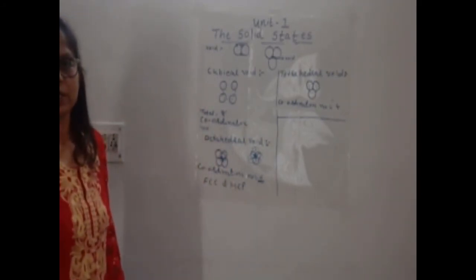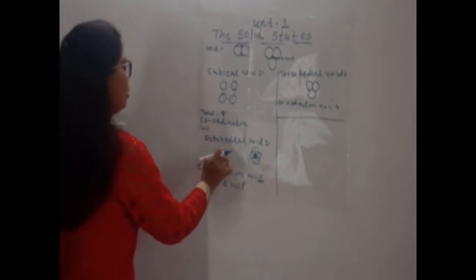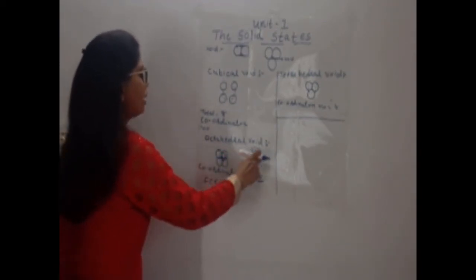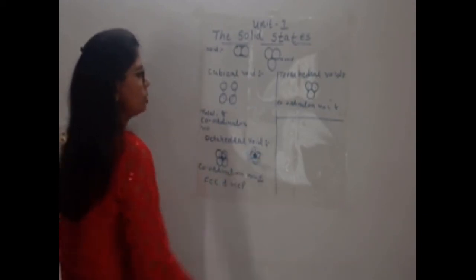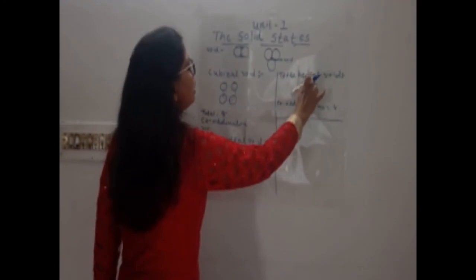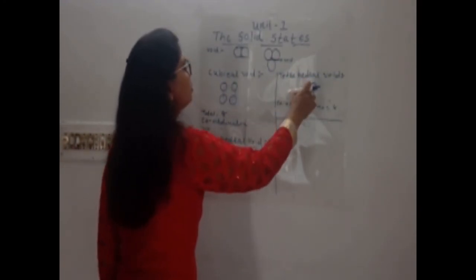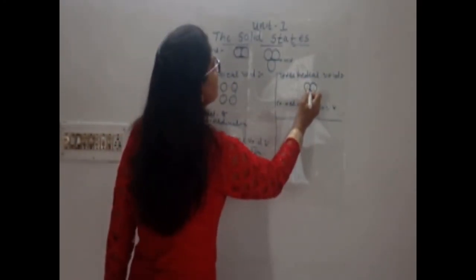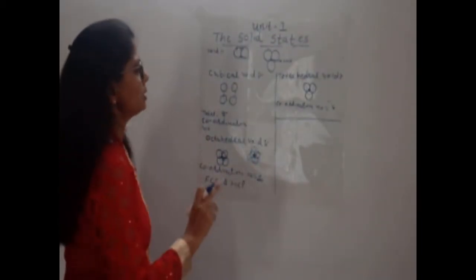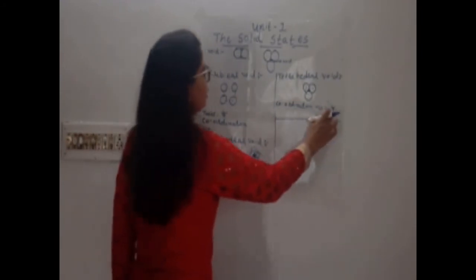So the coordination number of octahedral void, either it is developed by 4 adjacent spheres or by 3 adjacent spheres, is 6. And for the tetrahedral void, only 3 spheres, and we try to cover this space by organizing 1 sphere on the top. That is the tetrahedral void, and the coordination number is 4 for the tetrahedral void.